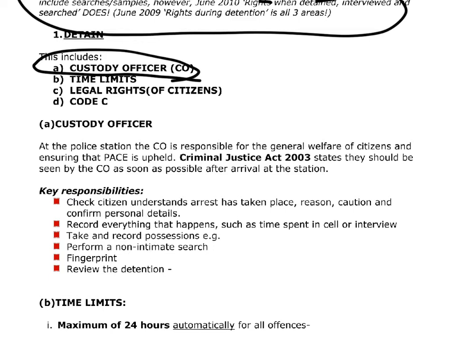And then finally, they'll review the detention. What I mean by reviewing the detention is making sure that you should be there. So if the custody officer thinks there isn't enough evidence for you to be detained, he will order that a review takes place in order to let you out. But they will generally check on you as well. So they'll check on you after the first 6 hours, and then every 9 hours after that, they'll check to make sure that everything's okay. So there's a set process in terms of when they should be checking that everything's all right.